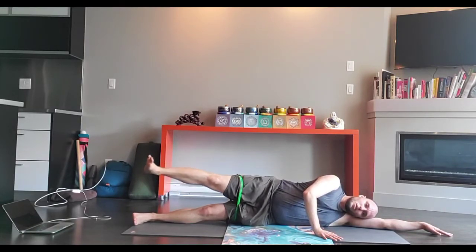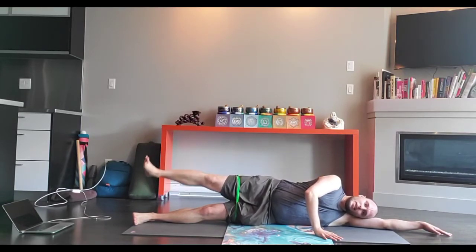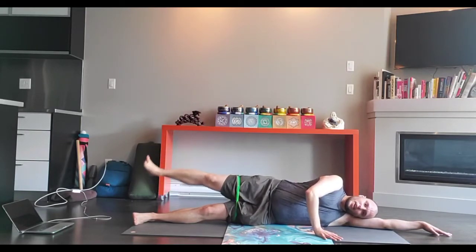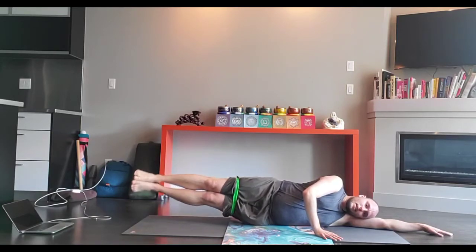3, 2, 1. Reverse. 10, 9, 8. Say good morning to the tushas. Good. 3, 2, 1. From there, release. Now from here, we start to bring both legs off the ground and lift them up, down, up, down,